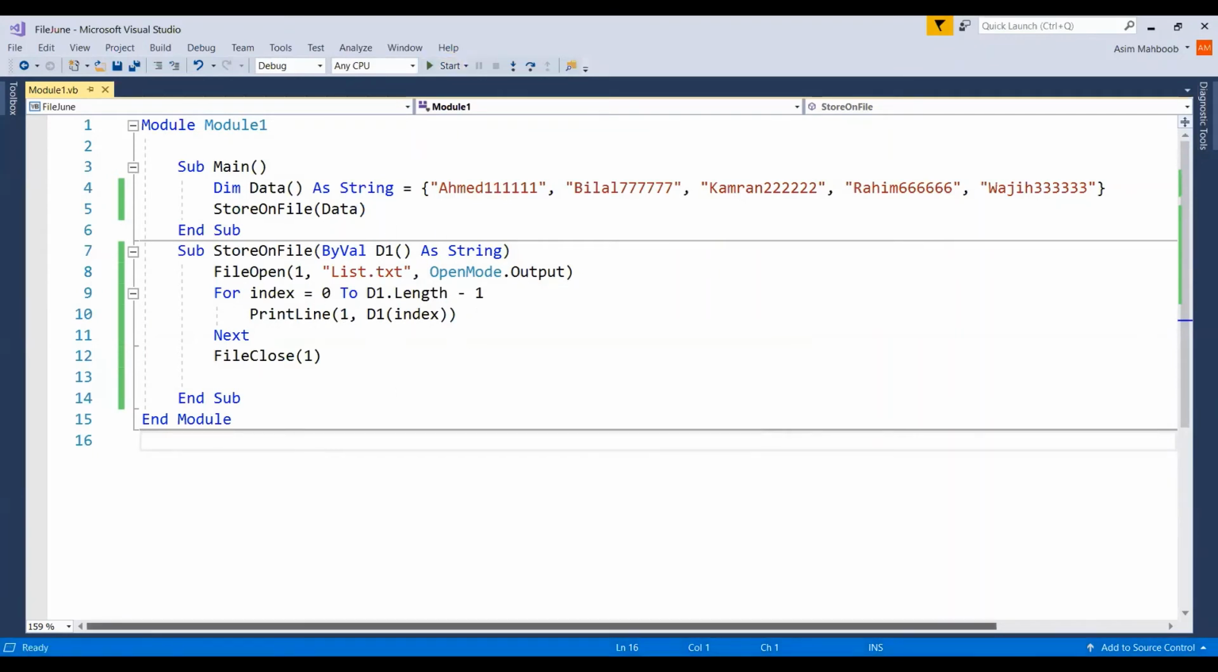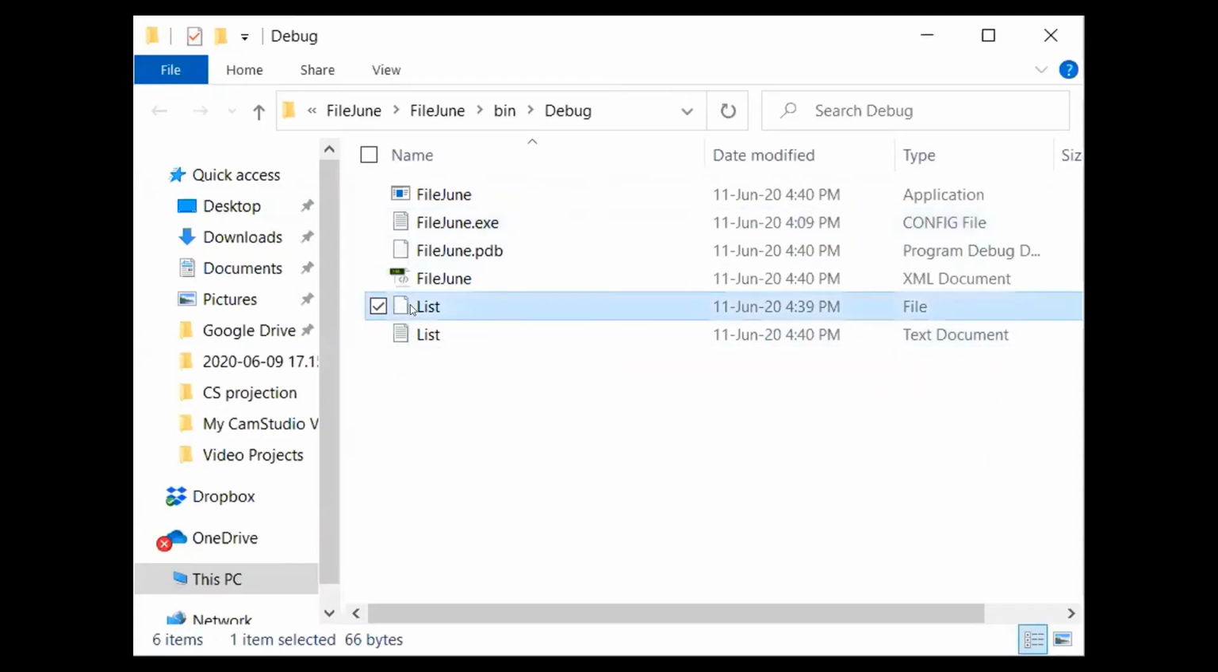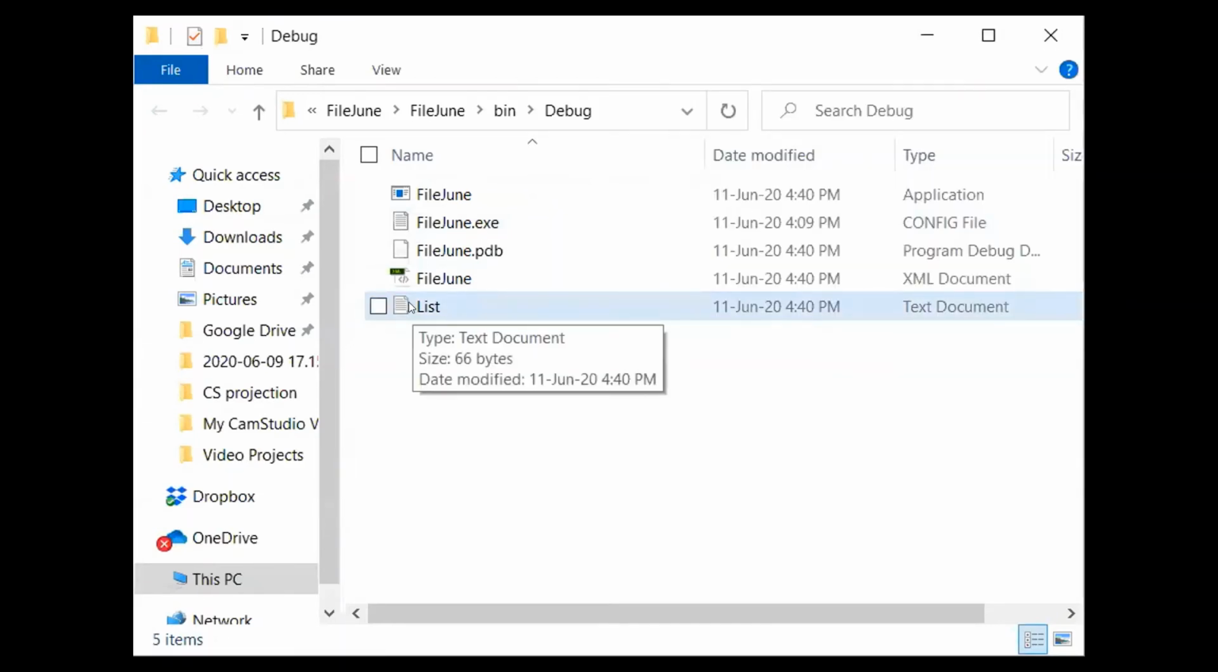Okay, so I'm going to search list.txt। आपको ज़रा नज़र नहीं आ रहा होगा कि मैं कहाँ सर्चिंग कर रहा हूँ। ओके जी, आपको नज़र आ रही है list.txt नज़र आ रही है? जी सर। ओके, अब मैं इस फाइल को खोल रहा हूँ डबल क्लिक करके